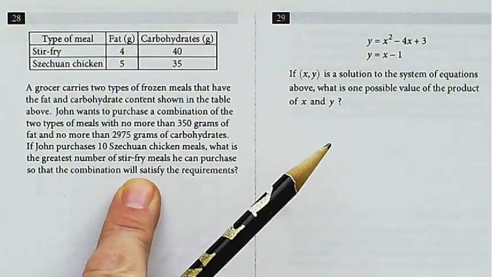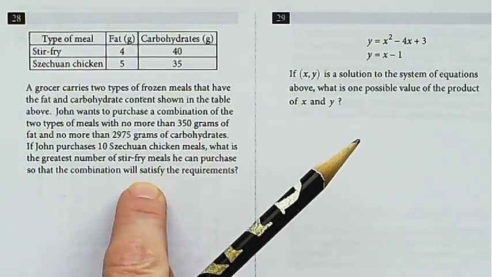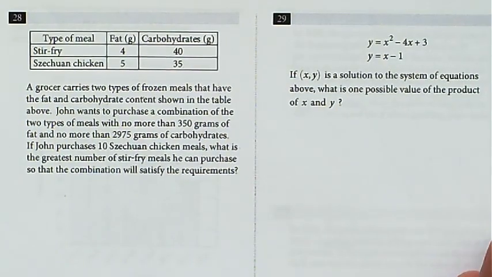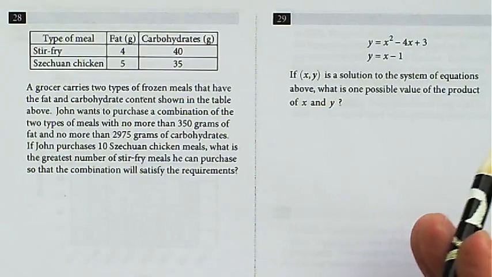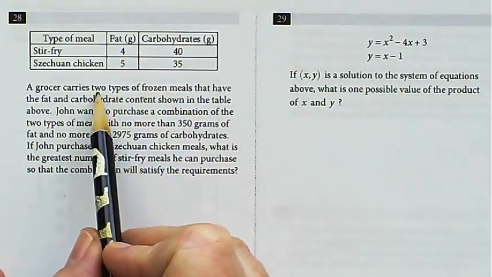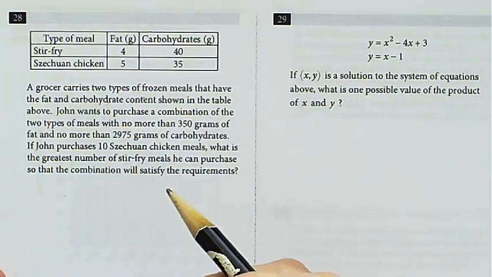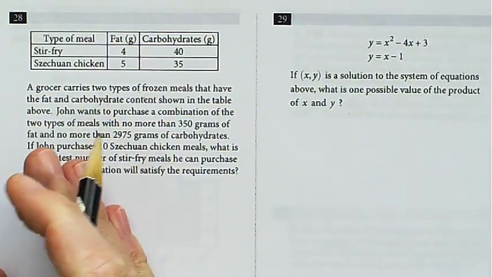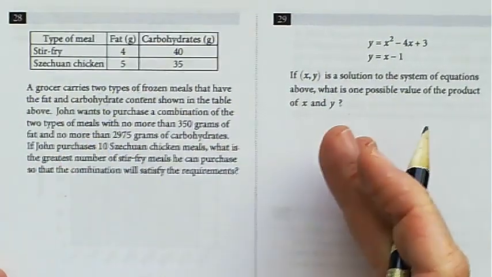This one, you might say, you know what? This is a lot. I'm going to skip over it. That's fine. But go ahead and go back to it if you do have that time. Okay, I'm going to show you how to do it, but just keep that mindset of picking the ones that you can do before you waste a lot of time